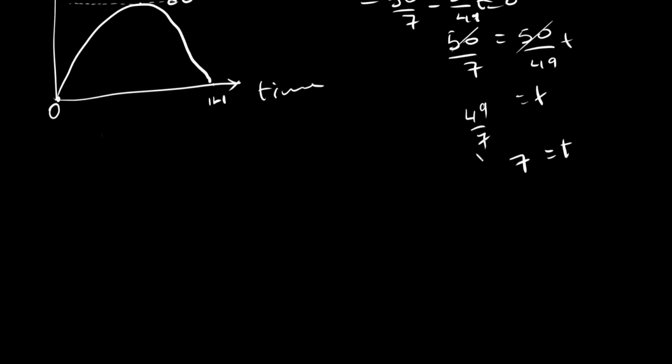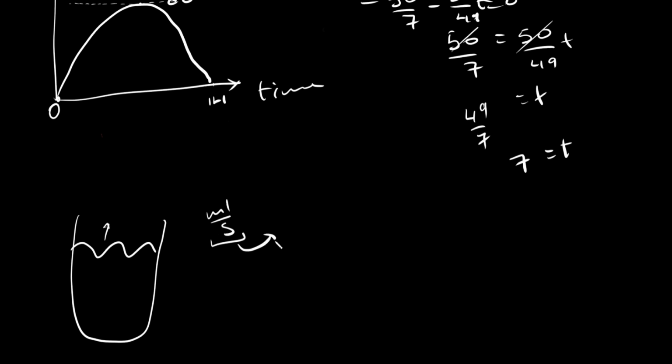So I'm just going to give you an example. Later on, we're gonna explore this more. Right now, this is kind of a demo. For example, if I have a water right here, and my water is rising, you're gonna have milliliters per second, and this is the rate of change. This is like dv over, I don't know, dt,